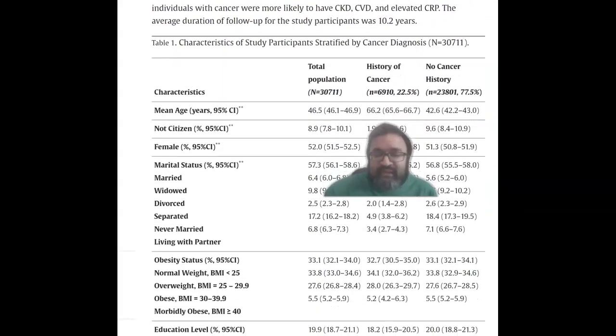So here are the results, and the results indicate that, first of all, Table 1 is looking at bivariate analysis. So is there an impact between cancer and age? Is there an association between cancer and citizenship? Is there a relationship between cancer and gender? So typically, sometimes, in the social sciences, you're not really concerned with trying to only use the variables that are statistically significant in the bivariate analysis.